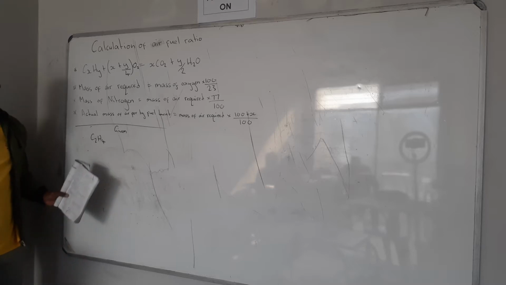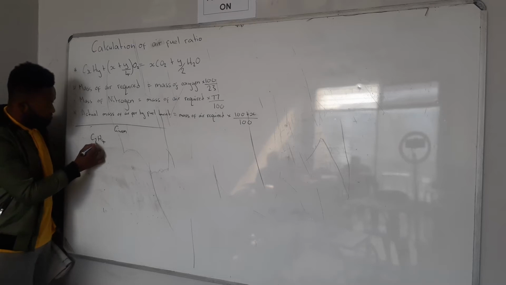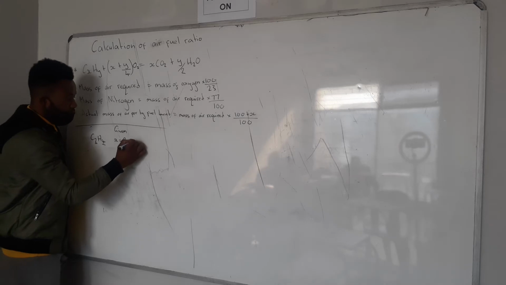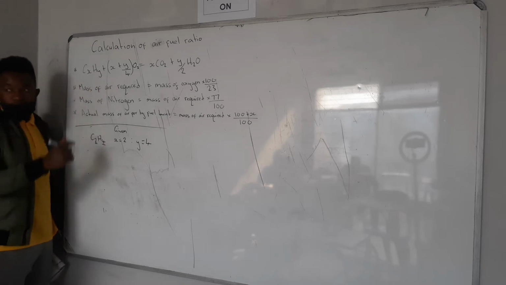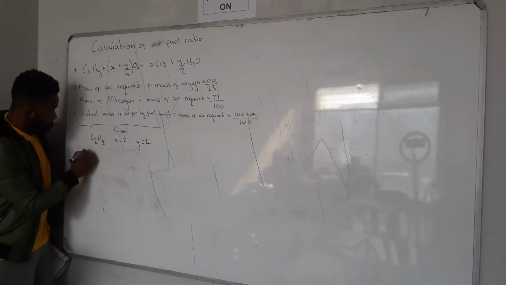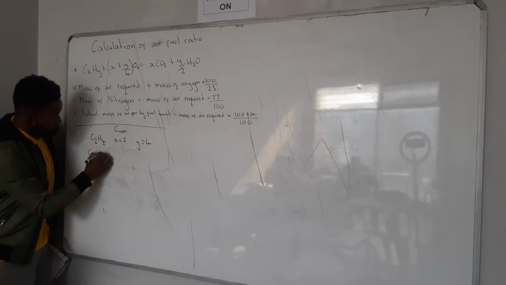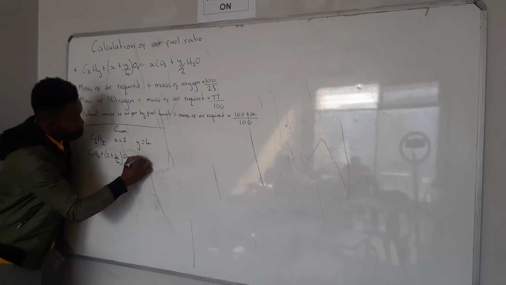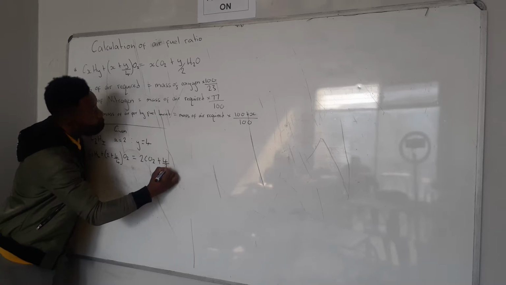Alright, okay. And I said the first thing that you must do is to identify your x and y. Your x is this value and your y is this value, né? So I know my x is equal to 2 and my y is equal to 4, né? And then I substitute into my formula. So I have C2H4 plus open brackets 2 plus 4 divided by 4 close brackets O2 is equal to 2 CO2 plus 4 divided by 2